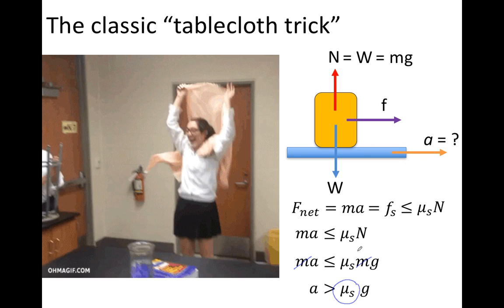If we have materials with a very high mu s, so if they were lined with sandpaper, this trick would be unlikely to be successful. If you had surfaces with a very low value for mu s, so if she coated, instead of a tablecloth, she was using something like a sheet of plastic coated in oil, then she'd be very likely to be successful in this